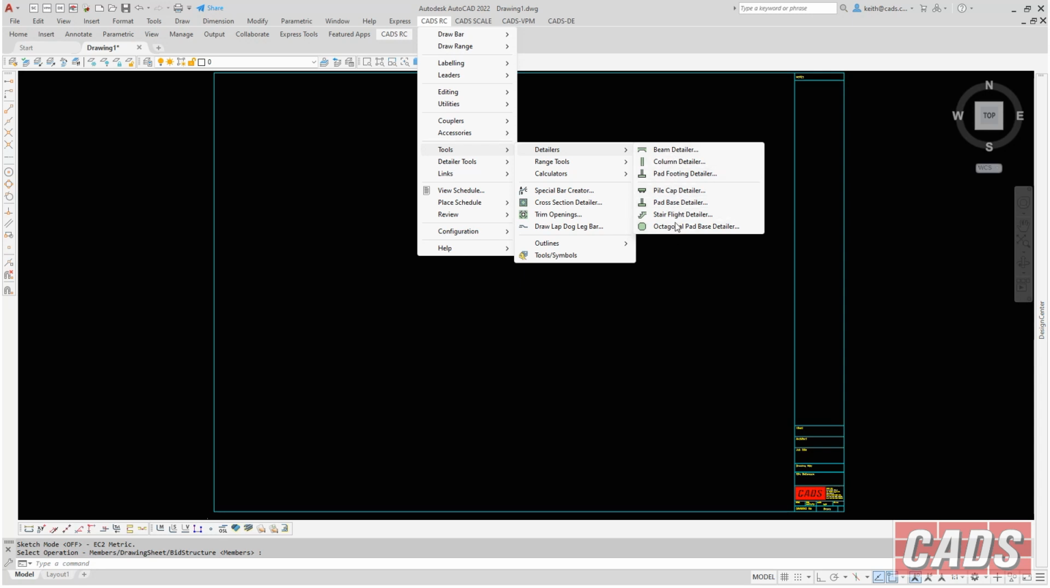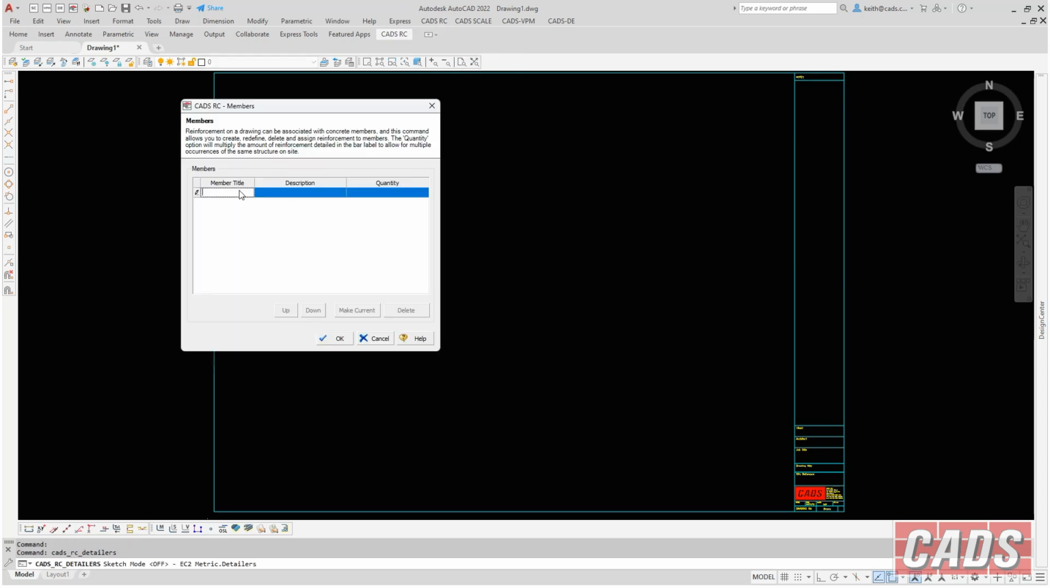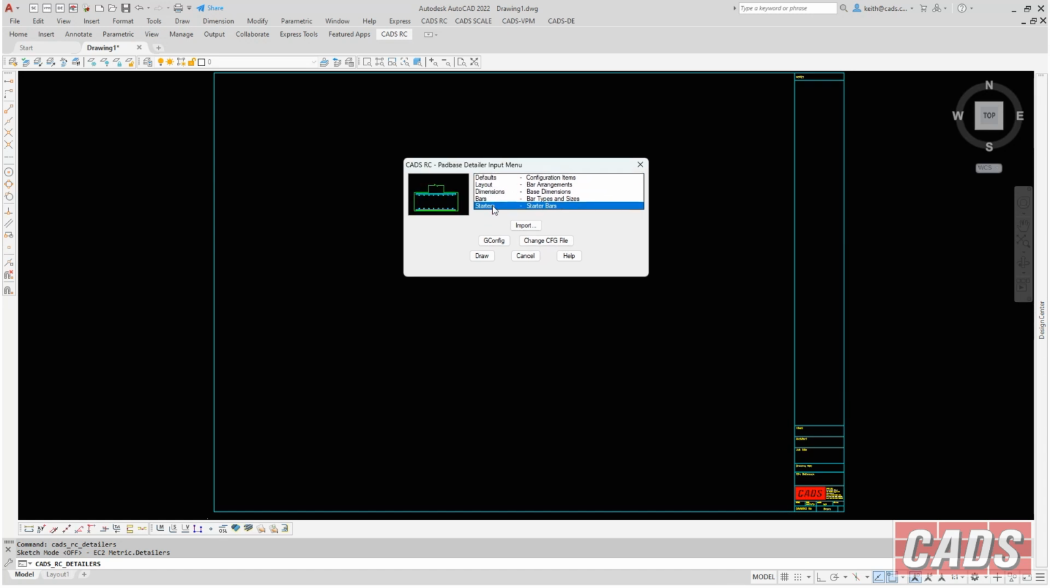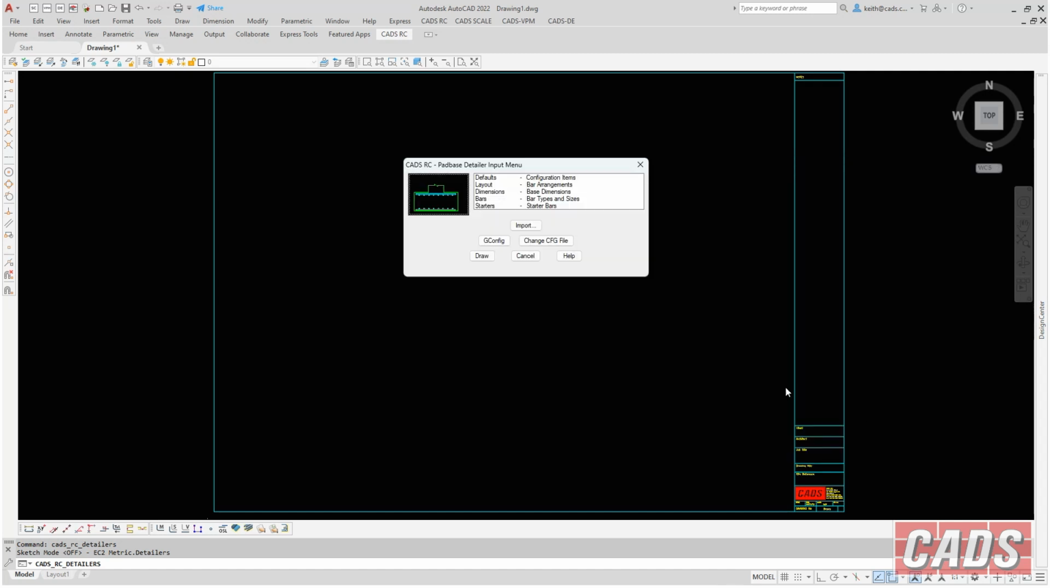These are in CADS RC, but you'd still have to put in all the design details. We're just creating what we call a member title in CADS RC. It's part of the database information. So we're saying here that this base is repeated 20 times on site. So we can just detail one and the schedule will take care of the rest. Now, ordinarily, if you're using it standalone without the design input, you'd have to put all this information in. But all we have to do is pick up our design file, CADS RC base designer file there,